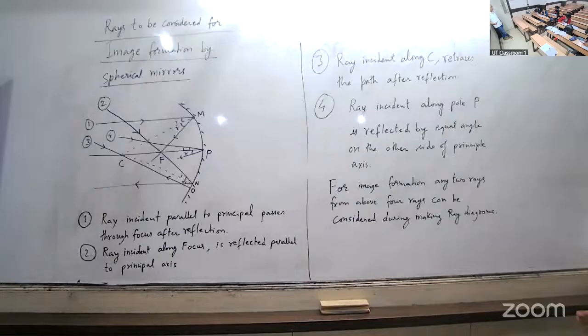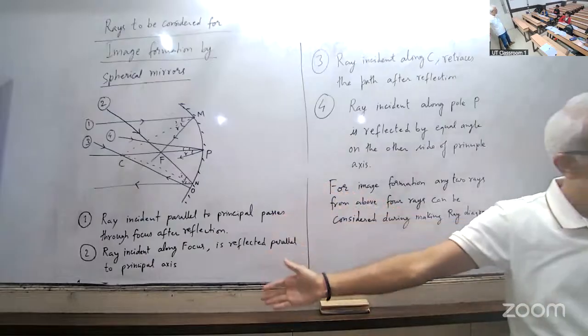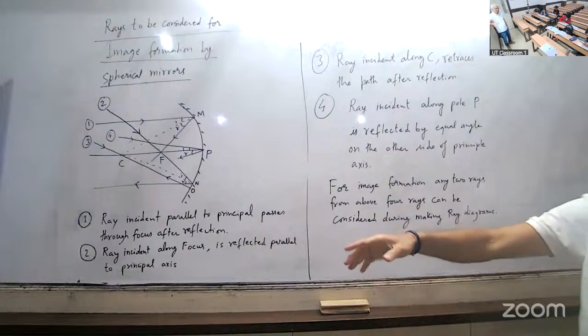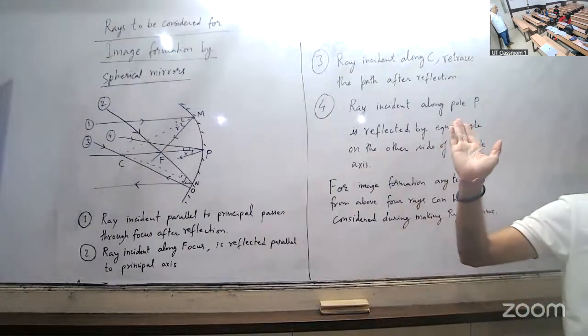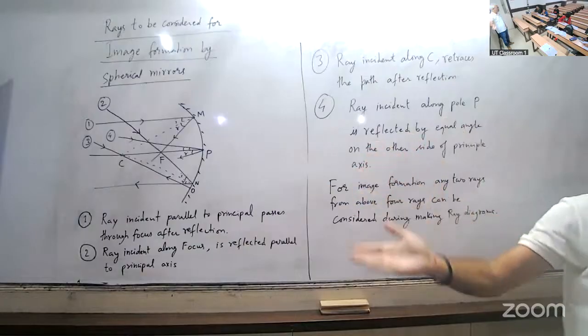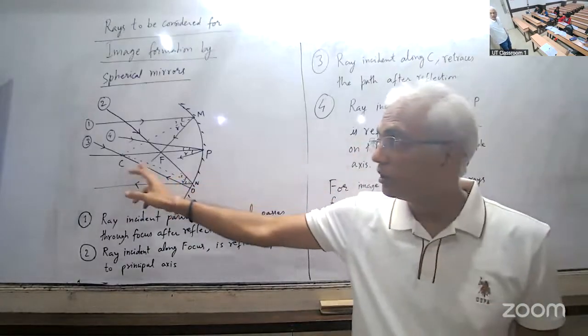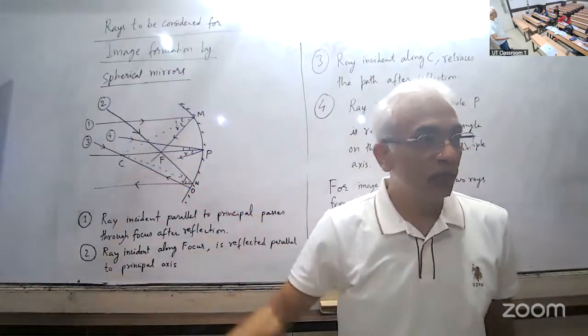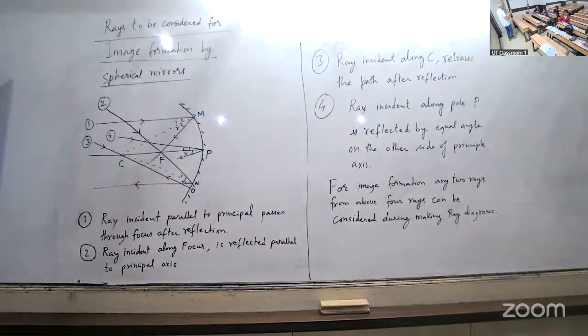रिफ्लेक्टेड रे बनाने के लिए हमको नॉर्मल पता होना चाहिए। ठीक है, लेकिन हर रे डायग्राम में हम नॉर्मल ड्रॉ नहीं करते हैं। क्यों? क्योंकि अभी हमने ये कंक्लूड कर लिया, चार टाइप की रे कंसीडर करते हैं। तो या तो वो पैरेलल होगा प्रिंसिपल एक्सिस के, या तो एफ से जाएगा, या तो सी से जाएगा, या फिर पी से जाएगा। तीन ही पॉइंट, या तो रे पैरेलल इंसिडेंट होगी, या पी पे इंसिडेंट होगी, या एफ पे होगी, या सी पे होगी, और कोई पांचवा ऑप्शन नहीं। चार तरह से ही रे मिरर को हिट कर सकते।